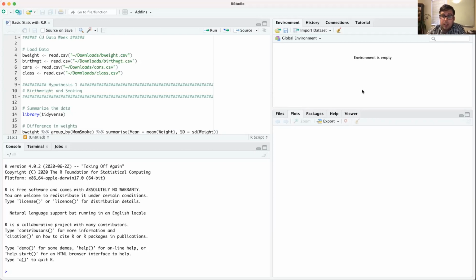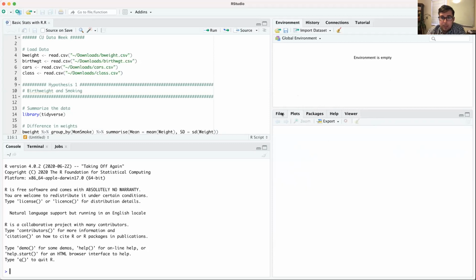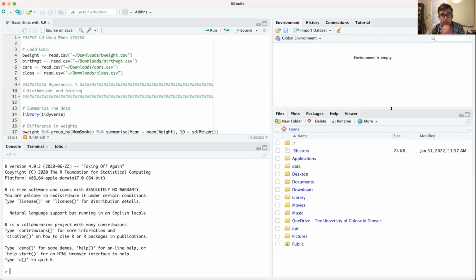And I'll show you what that means in a moment. And then this bottom right is a different thing. You can see plots, you can see where your files are, and things like that. So just as a quick note, I've already coded this up, but like I said, I wanted to show you how